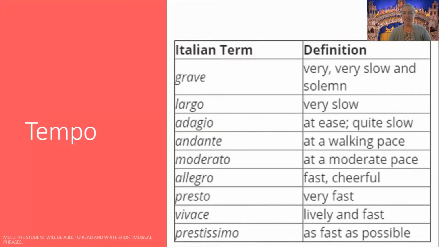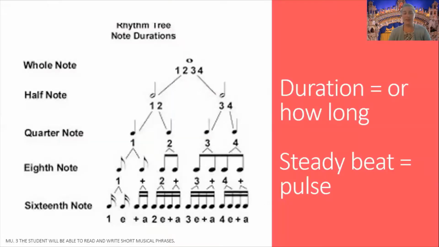So tempo, this is the Italian word that means how fast or slow. And this is a group of terms. And we have all the way down to grave, which is very slow, to prestissimo, which is as fast as possible. And there's more terms that fit in between, and each of these corresponds to a specific BPM, or beats per minute, or a BPM range more accurately. And this tells us how fast to perform these rhythms. But we need to know the duration, or the how long, before we can